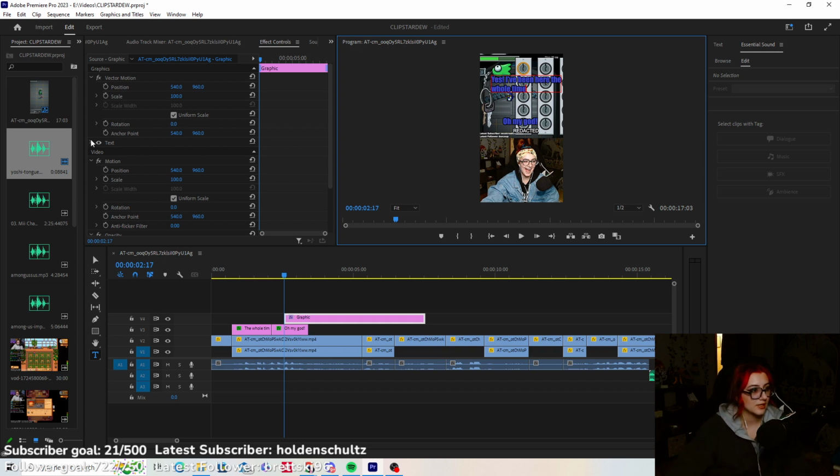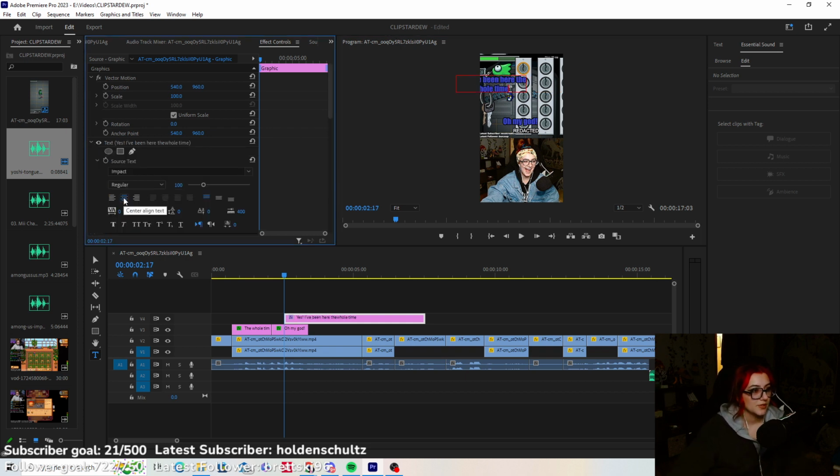So let's pick up where that is. Oh my god. So he says it right here. He says, yes, I've been here the whole time. So if you get 2 lines of text, I usually center it, which is this center line right here. Since this is Vex speaking, I want a different color.